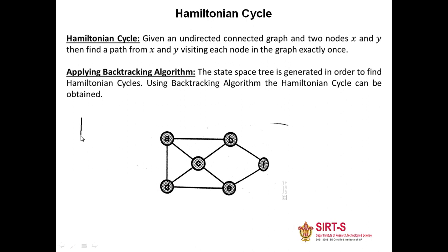This is a graph given to us. We have these vertices. Now we start moving from this one, and we will have to come back here itself by traversing each node only once. If I start from here, I will go there, there, and there. I have traversed all the nodes, but I am not able to come back to this node itself. So this is not going to be a Hamiltonian cycle.